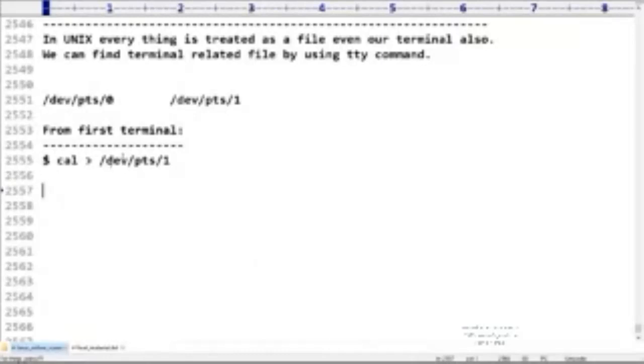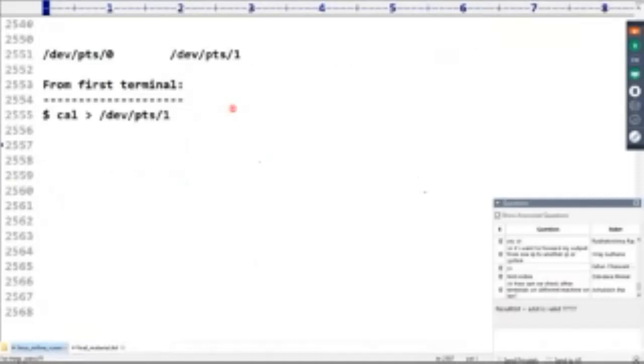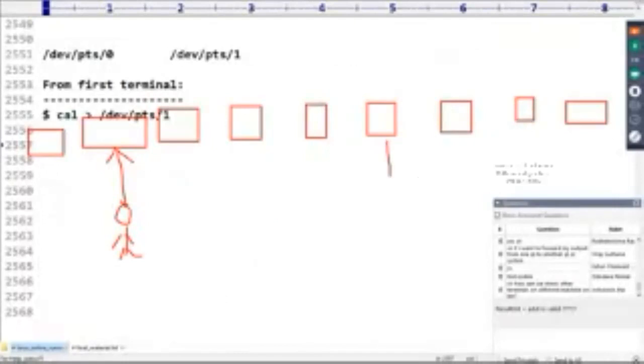Okay, sir. Sometimes I told you about our lab systems. Assume that all terminals are there in our academic lab. Now assume that you sat here, and here a very cute lady sat.